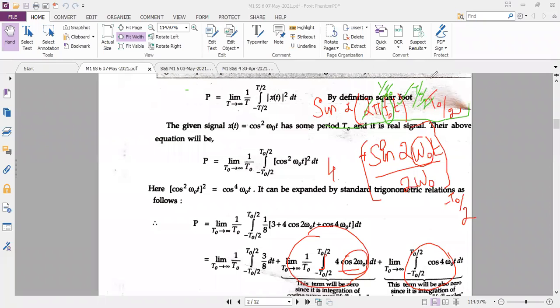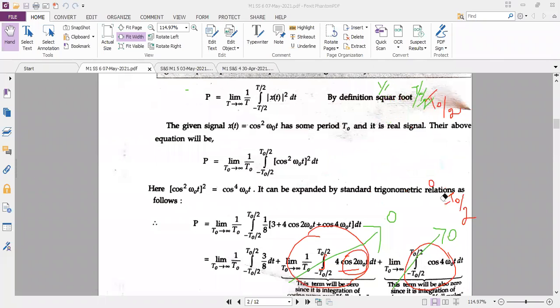So sin of any number multiplied with pi, sin n pi, what is the value? 0. Very good. So seeing the term, closing your eyes, you can cancel it and put it as 0. To make you understand why it is 0, I have solved all these steps. When you integrate cos, you get a sin term. When you substitute the limits, automatically you will be getting sin pi in the answer. Sin pi becomes 0. So you can cancel the last two terms. Those two terms become 0.